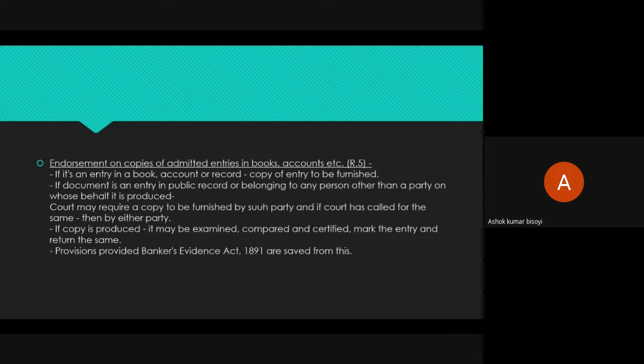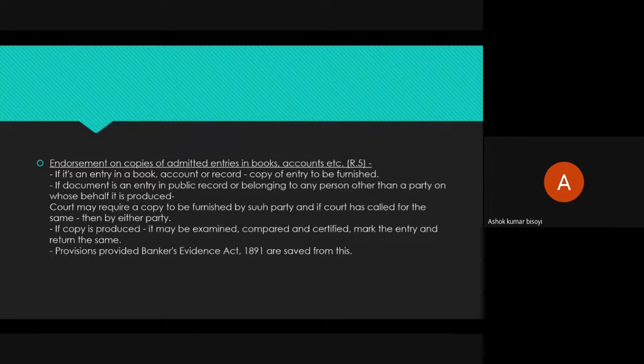It is saying that if it is an entry in a book, account or record, then a copy of such entry is to be furnished. If you want to produce only the part of your document entered on a particular date, you give a copy of it. And if it is a public record, or something that is not in the power of the party, then the court will direct that such party